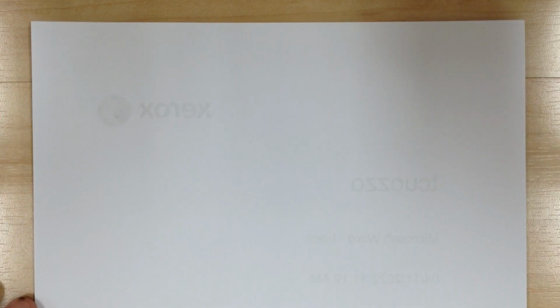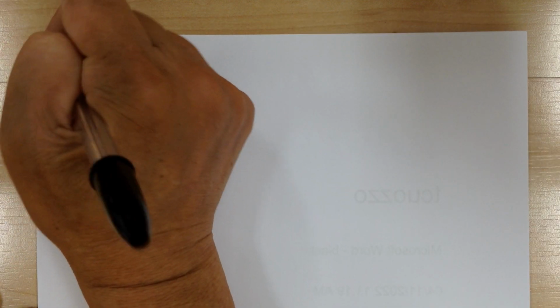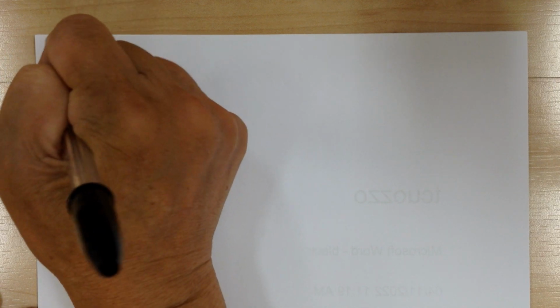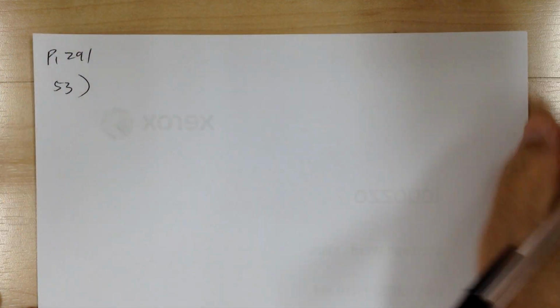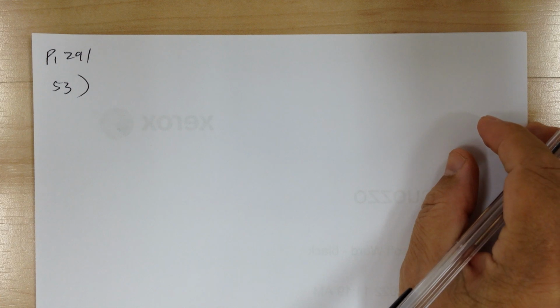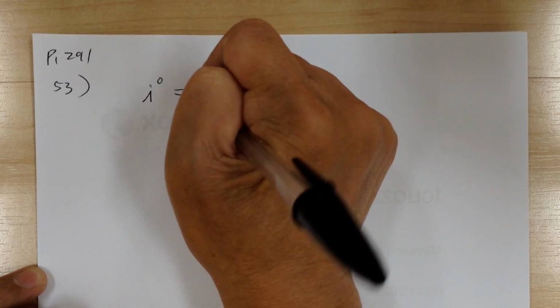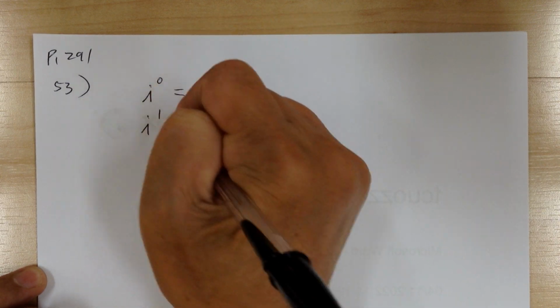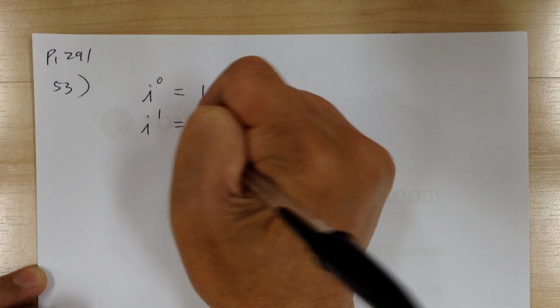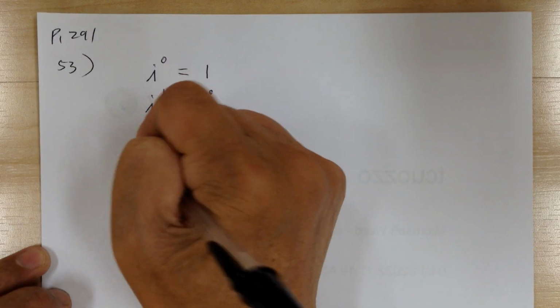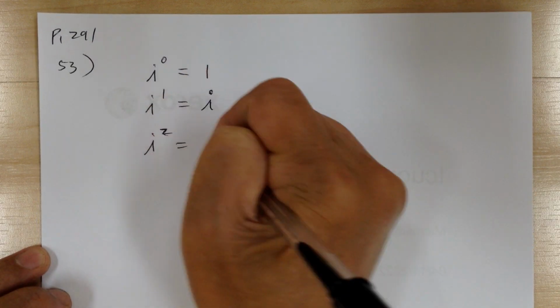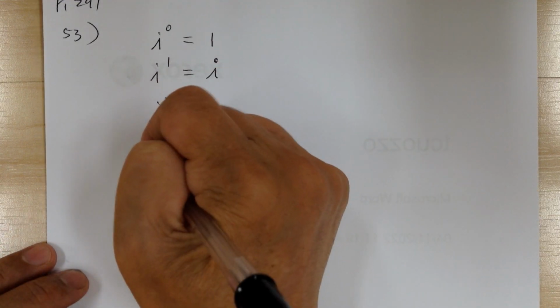Okay, let's go to number 53. You want to simplify i to the n for n equal to 2, 3, all the way to 12. Well, let's start with 0. So i to the 0 power is 1. Okay, i to the 1 power is just i by itself, right? Then i squared is equal to negative 1. Then i cubed